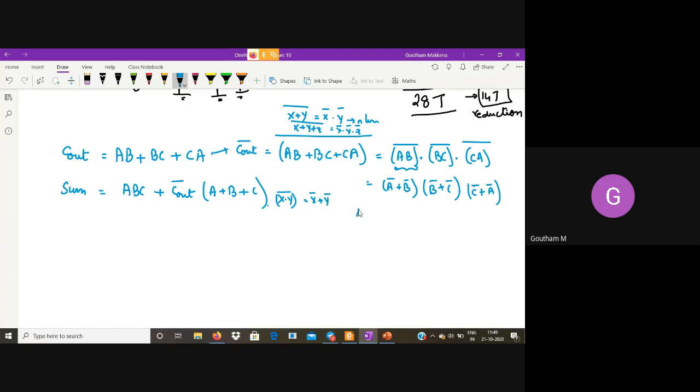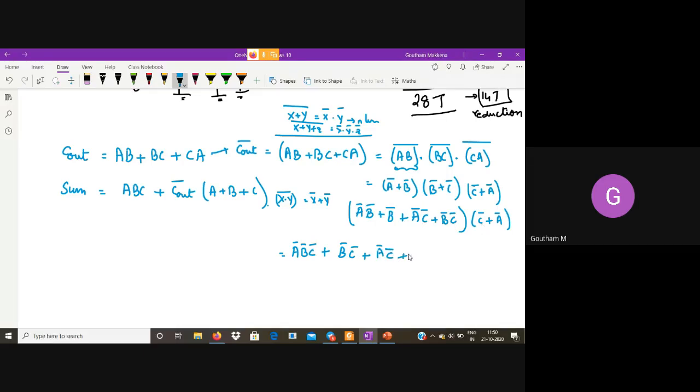What happens here? A bar B bar plus B bar into B bar, B bar, plus A bar C bar plus B bar C bar. So simple algebra, I multiplied these two, then C bar plus A bar. Now multiply these two. What do I get? A bar B bar C bar plus B bar C bar plus A bar C bar into C bar is A bar C bar.